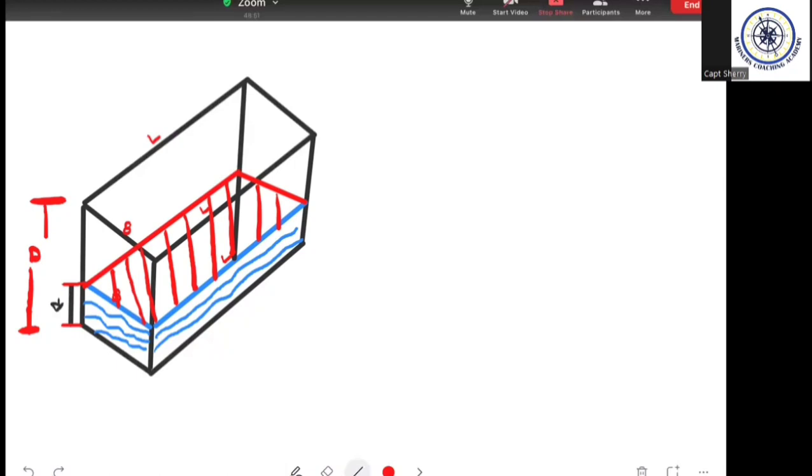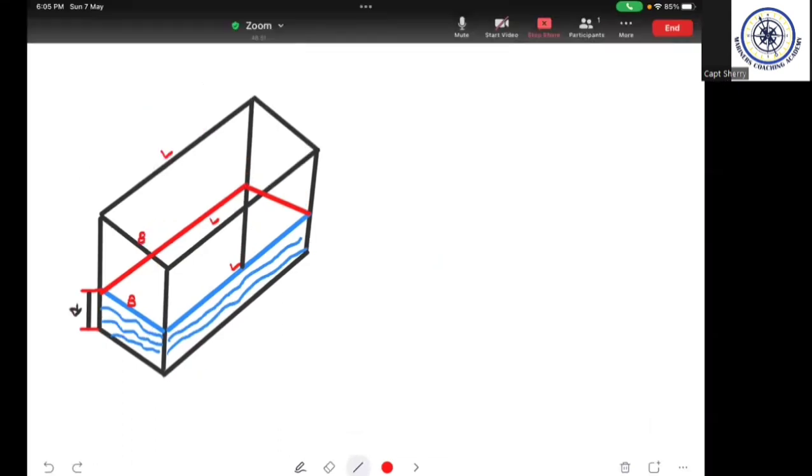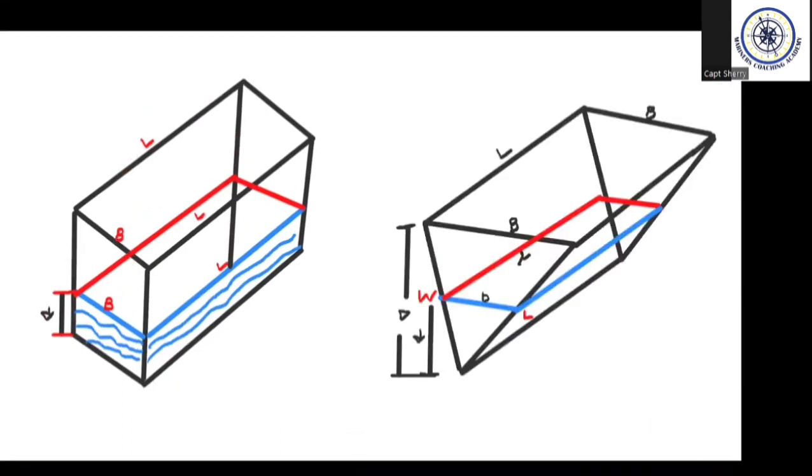But the ship is not a box-shaped ship, isn't it? The ship has different shapes. So if I want to look at this figure now, look at this figure. In this triangle, what is happening is, if I tell a person to please draw the boundary across the hull of a ship, and he starts making a boundary across the hull of a ship,